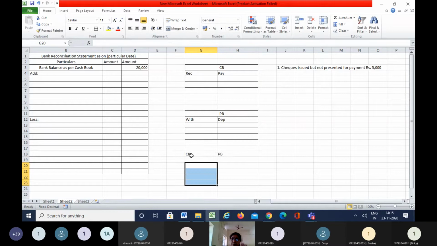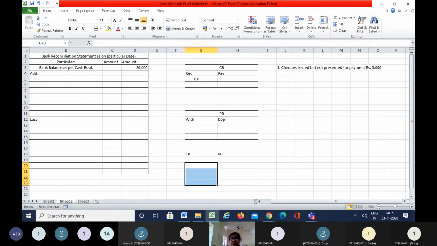Okay, starting should always be on the left side. What you need to find out should be on the right side. Now, as you know, there is a favorable balance, in the sense that we have 20,000 cash in our bank account. If you are withdrawing from the bank, your balance decreases, and if you're depositing into the bank, the balance increases. It's as simple as that.